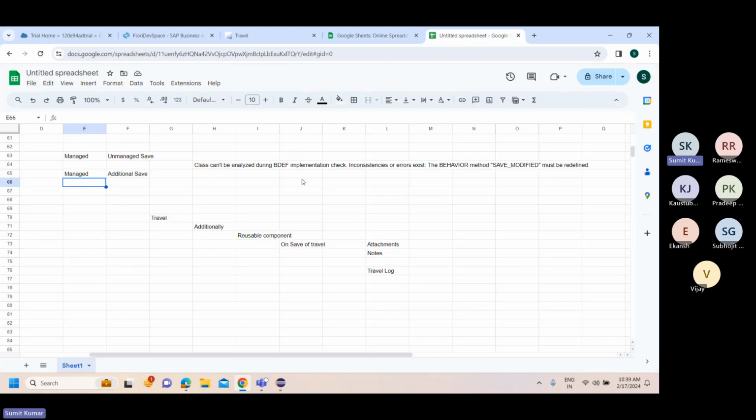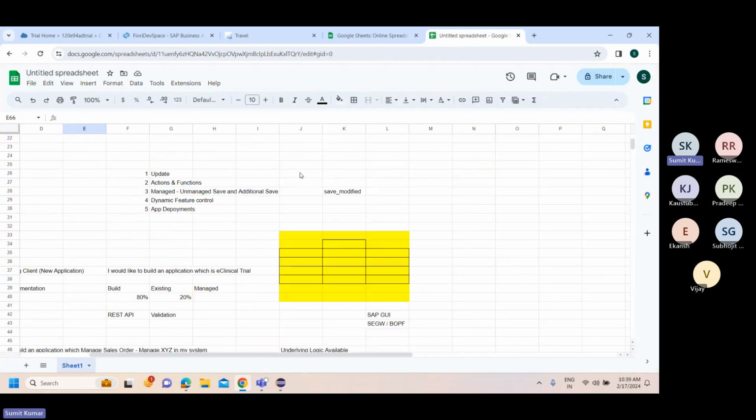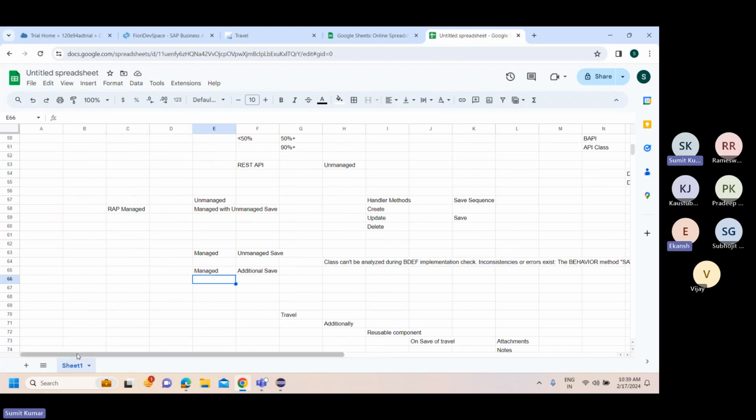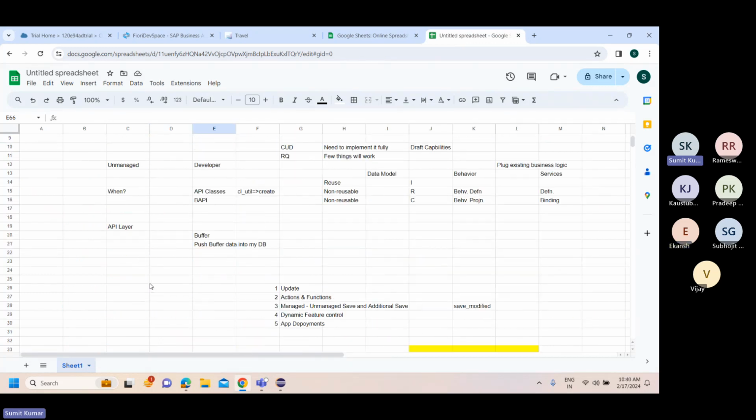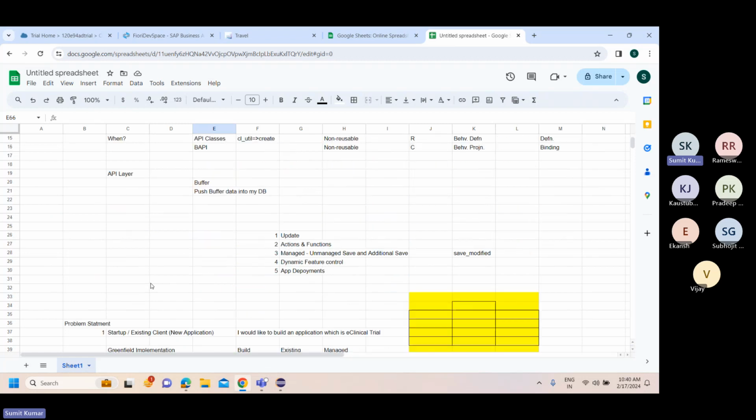So you remember we mentioned that there are certain topics that we are yet to cover. The ones you just mentioned are coming from there. The update operation of unmanaged is something we covered today. Managed with unmanaged and additional save we covered today. The things which remain fall in this category: actions and functions. What we are going to see is,